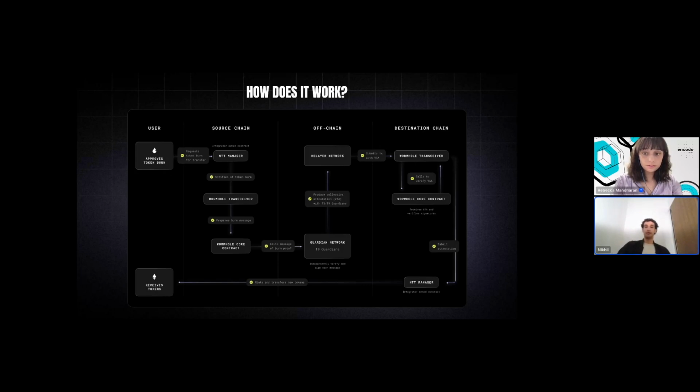Then on the destination chain, the Wormhole transceiver will receive the attestation from the Wormhole guardians and the Wormhole relayers. It will verify that attestation against the Wormhole core contract. And then the Wormhole transceiver will deliver that attestation to the NTT manager contract on the destination chain. And similarly, just as on the source chain, imagine a multi-transceiver setup. If we had multiple transceivers, we would send a message through each of those transceivers. On the destination chain, those transceivers would each independently receive an attestation and deliver the